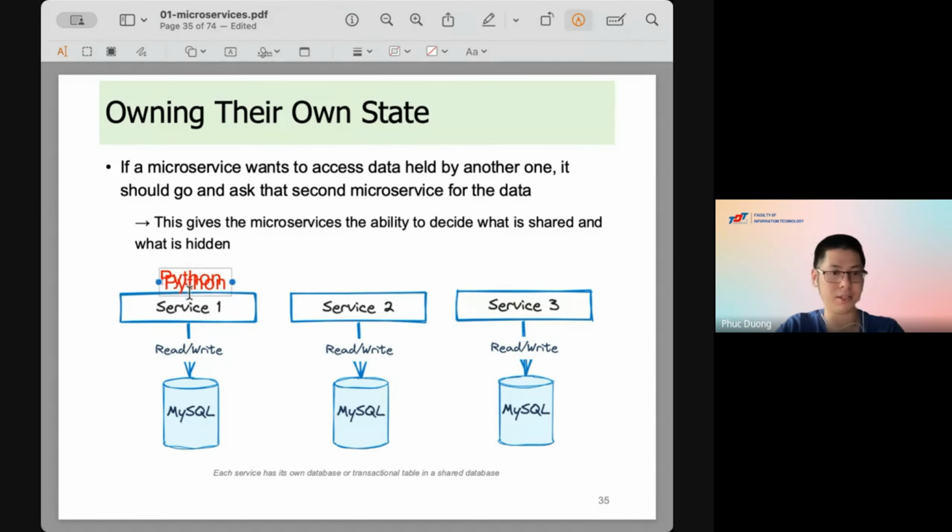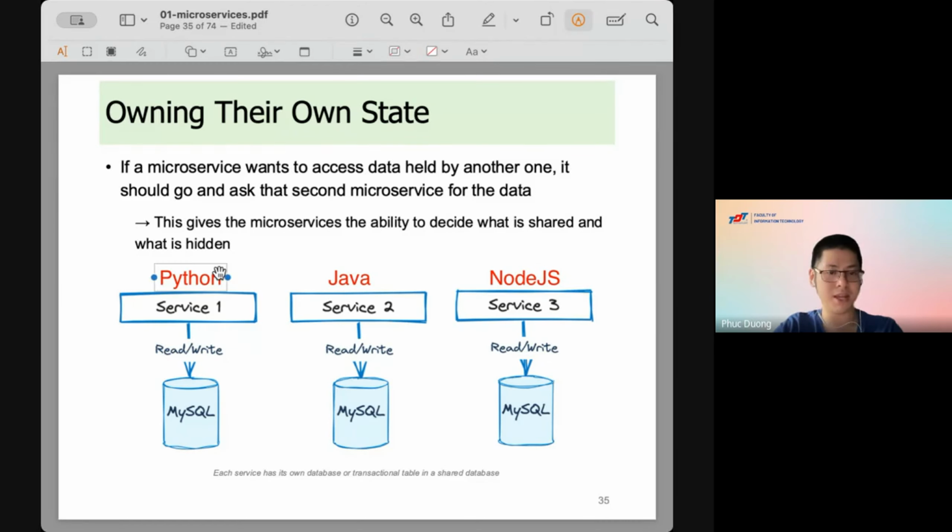And for the second microservice, another member decides to use Java. And for the last one, the last member decides to use, for example, Node.js to implement service number 3.